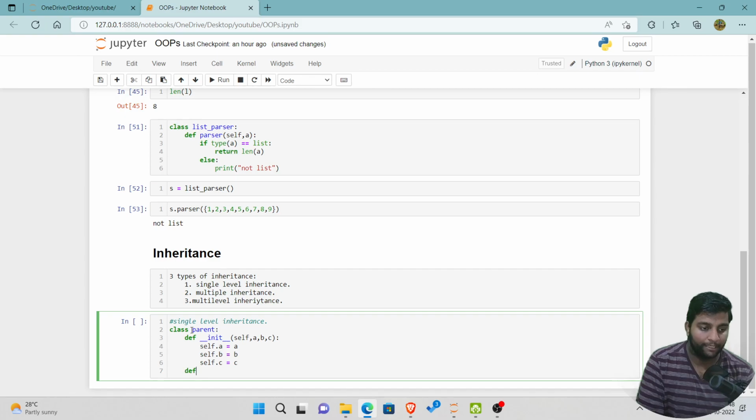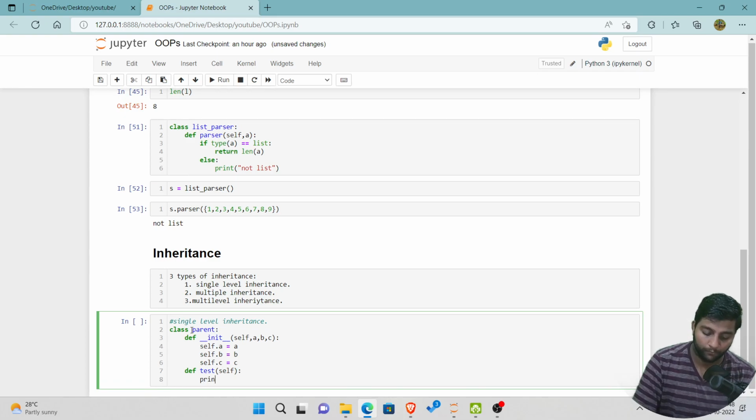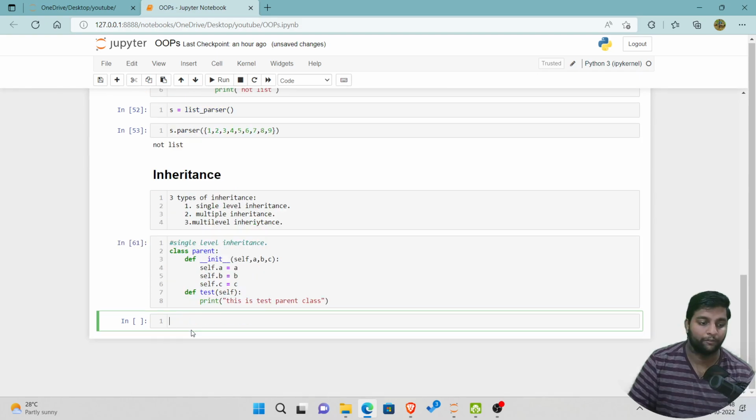Now we will create another def function here. Def test, self, print, this is test parent class. I hope this much is enough for us for this particular example. So class parent, def init self A, B, C, self dot A is equal to A, B, C, we have discussed this. Now we will call parent is equal to